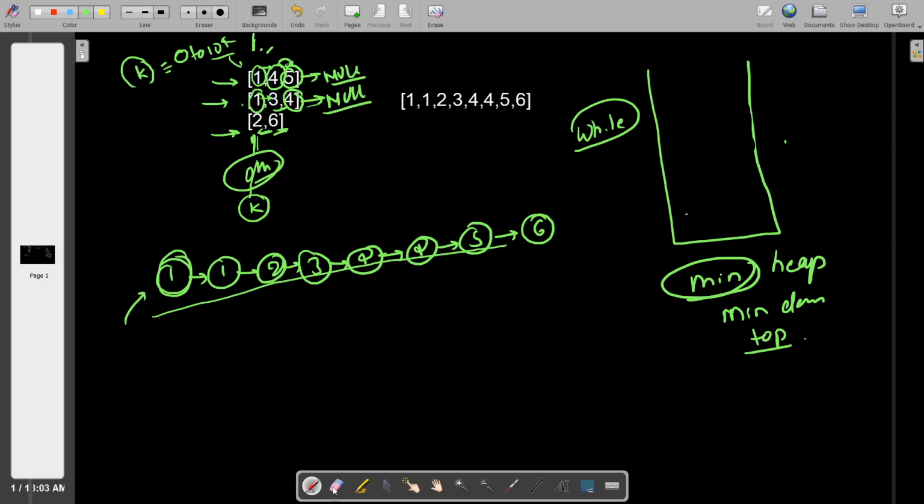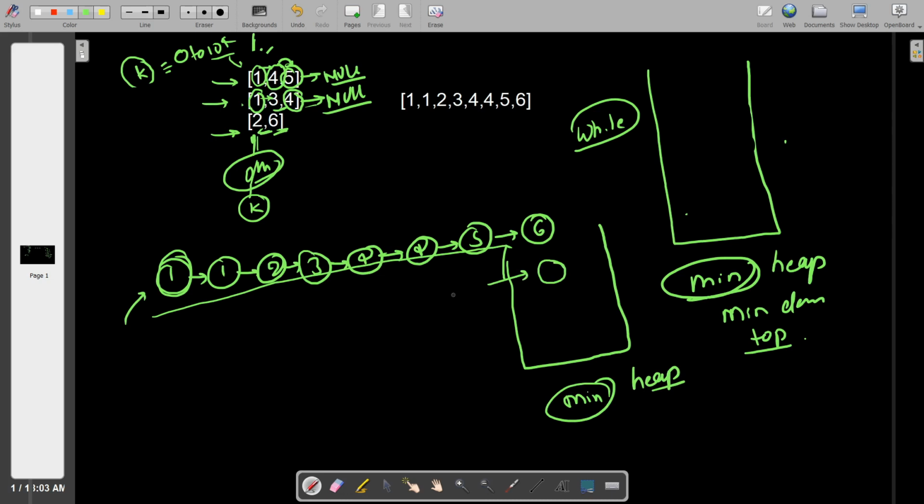So basically, if I summarize this problem, in this problem we take one priority queue, that is a min heap. A min heap has the property that the element at the top always contains the minimum value. Okay,